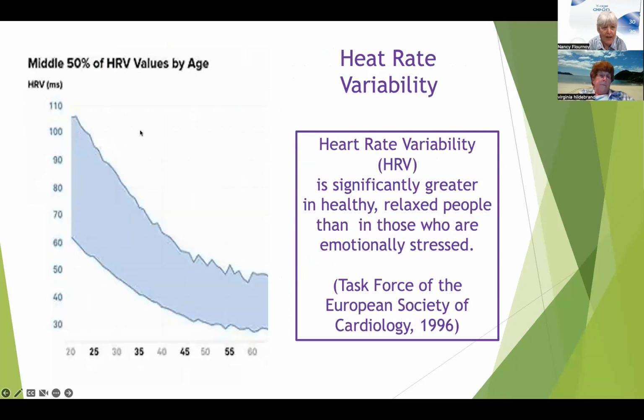So here on the left, we have a picture of heart rate variability values, and this is like the middle 50%, from age 20 to age 60. You can see that over time, by the time you're 60, you're not very adaptable. I guess that's kind of a cliche, and we should know it, but we have to have a hard and fast measurement